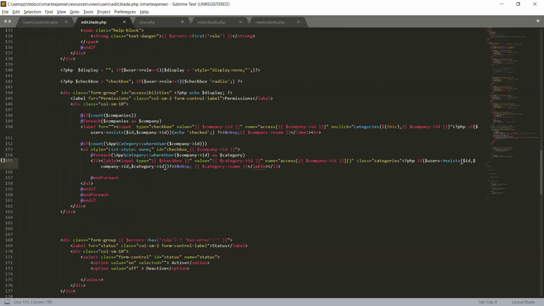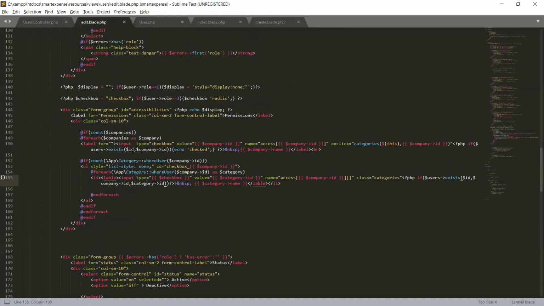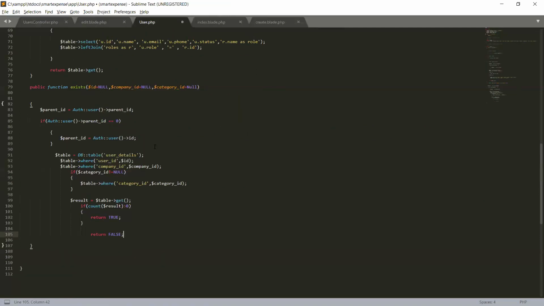Here we are passing the user ID. So we are checking this user ID will be this user ID, and then table where company ID, the second where clause, the company ID will be the company ID.